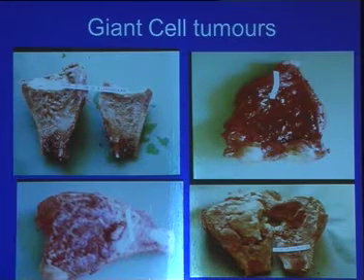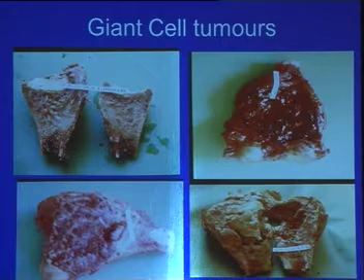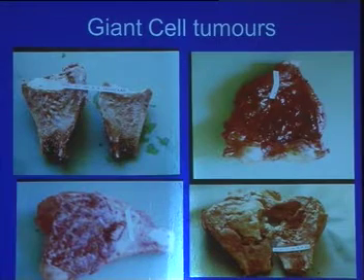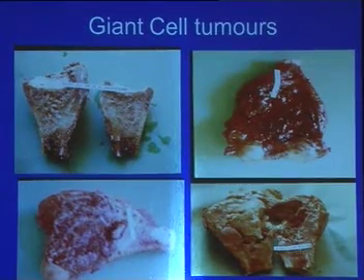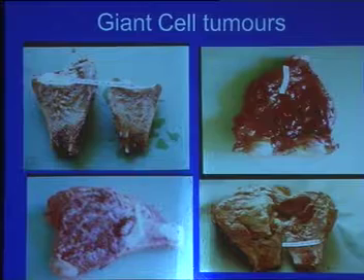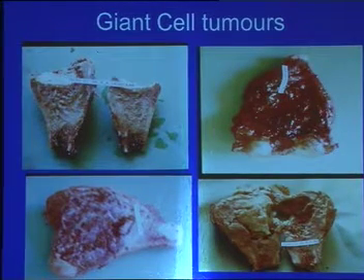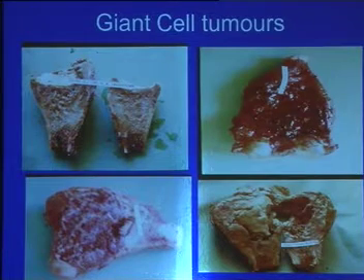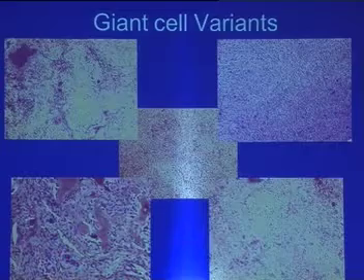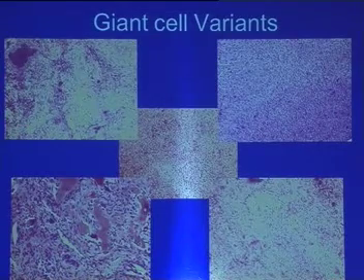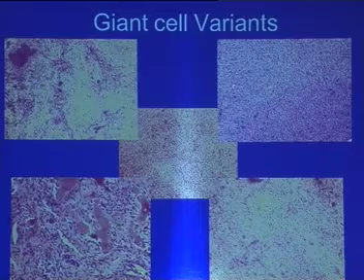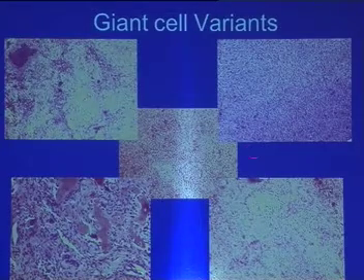But all giant cells don't look like each other. The reason is giant cells have a life, that's what I feel. In their active growth phase, they are much more cellular. But over a period of time, they can undergo various changes. They can undergo cystic change, hemorrhage, necrosis. Then the necrotic areas are filled up with fatty cells, histiocytes, and it leads to difficulty in diagnosis for a pathologist. And here you see that there are some giant cells here, but here they're almost nil and it's fibrous. And in these different pictures, you see the different appearances of a giant cell tumor.